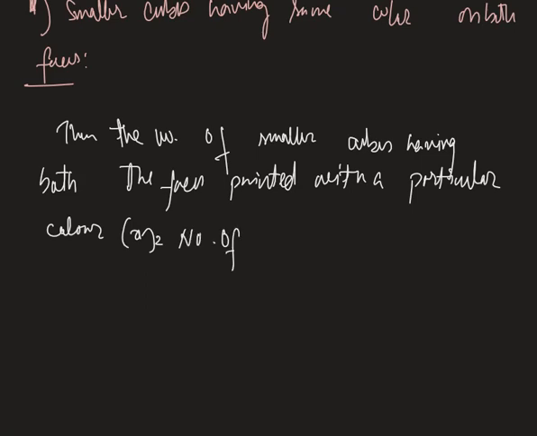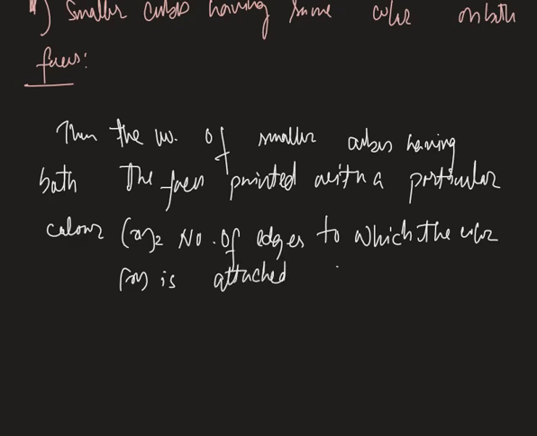As we already discussed, the number of edges to which the color x is attached is important here, multiplied by (n minus 2). Okay,